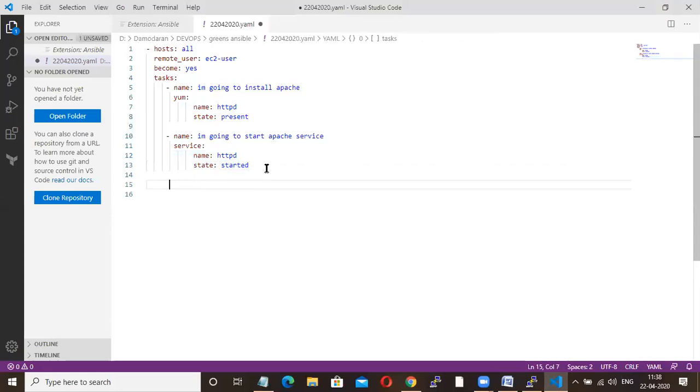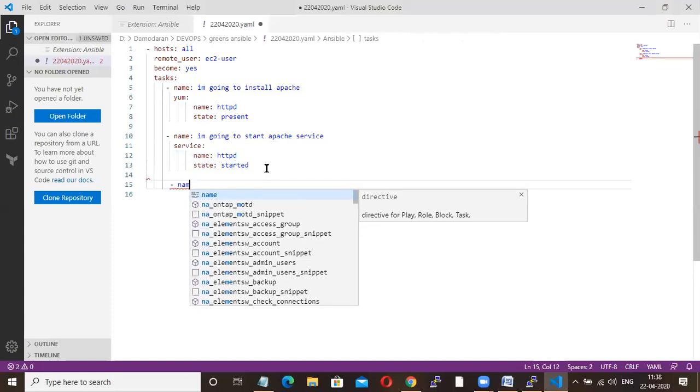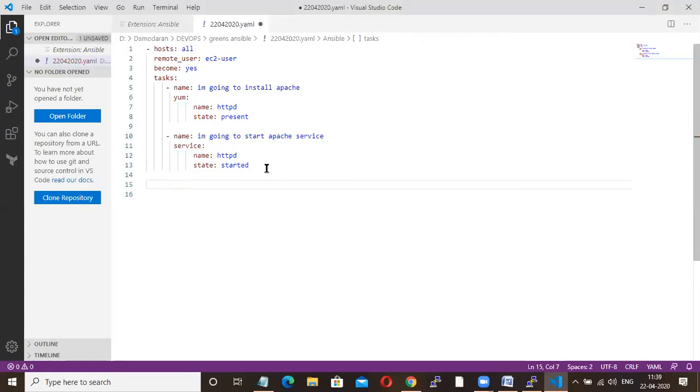Okay. Now, what's my third activity? I am going to configure my index page, right?